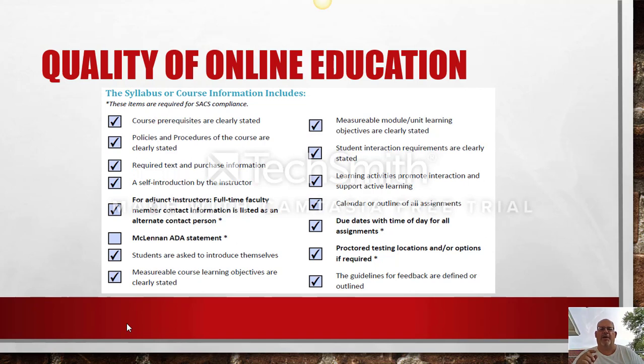Learning activities to promote interaction. Calendar of the class. Due dates of assignments. Proctor testing if needed. And guidelines for feedback. All that is done. And once again, this is something that we check off and make sure it's there for quality of online instruction. We don't actually do this with face-to-face. And I dare say not many institutions I would know would do something like this face-to-face, but yet we do